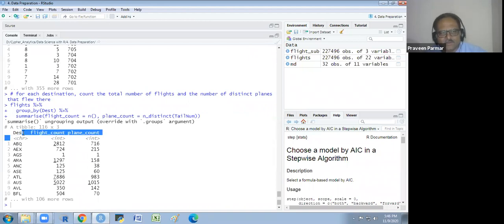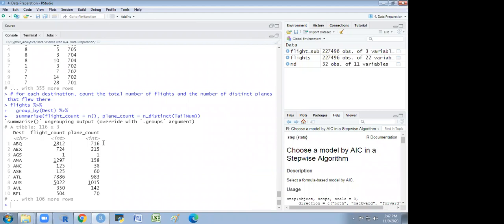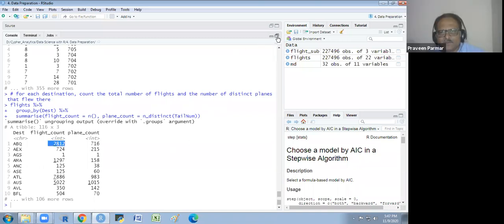This is the destination, this is the flight count and the plane count. Many flights come and depart from that airport, and the same plane may come many times in a whole year. Okay, understand? So this is in that way.